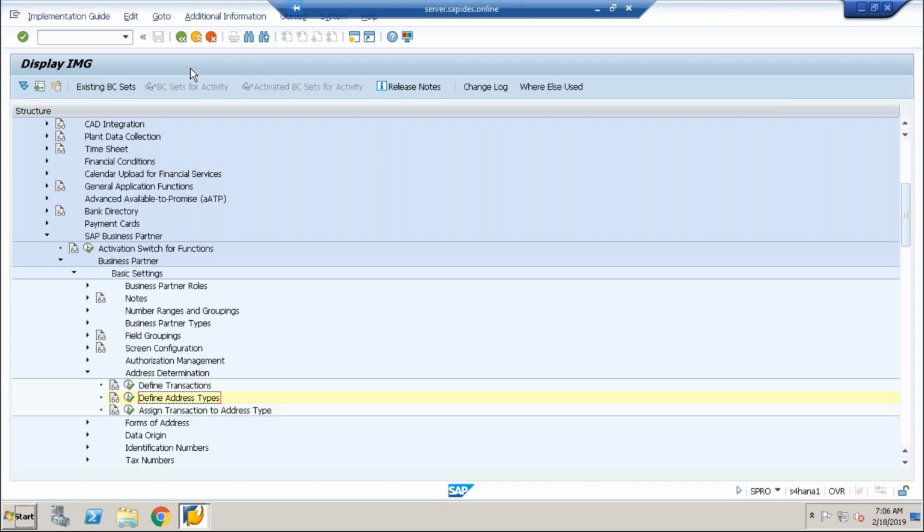Once all these address types are maintained, whenever you create your business partner as part of your BP CVI transactions, there are some specific notes which link your transactions to creating your BPs. There are specific transactions which have also been given where you can create a BP from a customer directly. Suppose there is a case where a customer exists and you have to create a BP from the customer. This is a transaction.